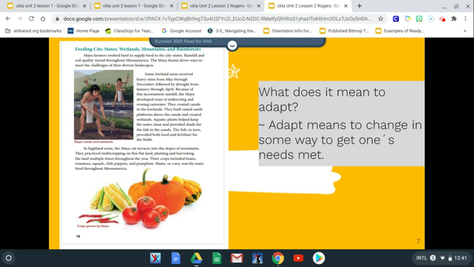So my question would be, boys and girls, what does it mean to adapt? Yes, adapt means to change some way to get what one needs met. So they learned to adapt to their environment so that they could get their basic needs met. Okay,